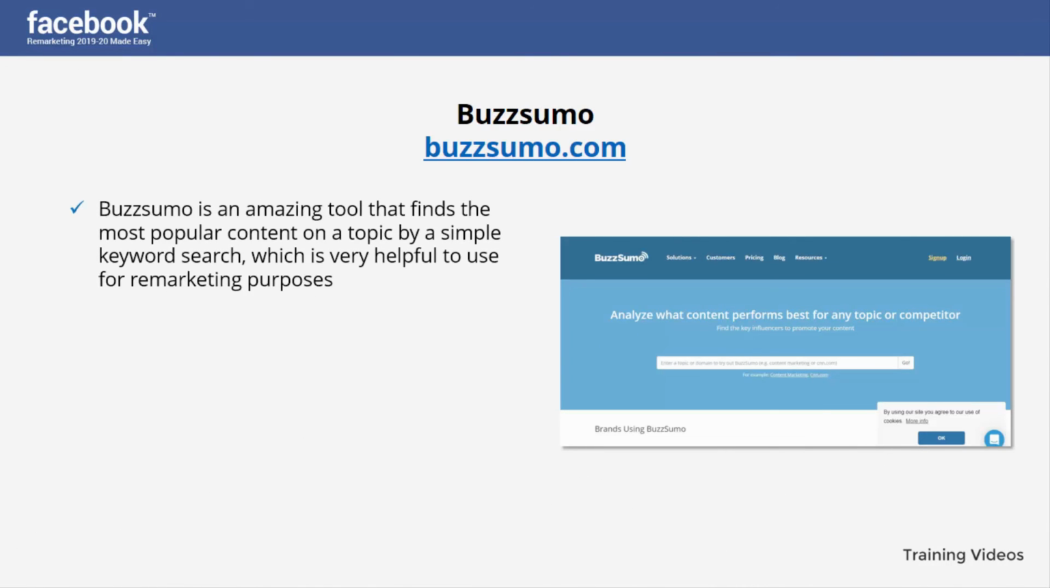BuzzSumo, BuzzSumo.com. BuzzSumo is an amazing tool that finds the most popular content on a topic by a simple keyword search, which is very helpful to use for remarketing purposes. So, you can create more relevant ads and other content that your customers actually care about and thus generate more